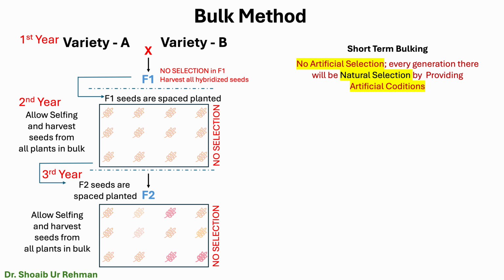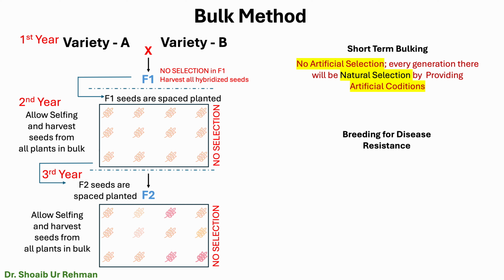Until now, we have discussed bulking of the seeds and dealing with selection. From now onwards, we are incorporating natural selection and artificial conditions. For example, we are performing a short-term bulking method to develop a variety that is resistant to disease. In this example, we are taking wheat. We are trying to develop a new variety of wheat that has some resistance against leaf